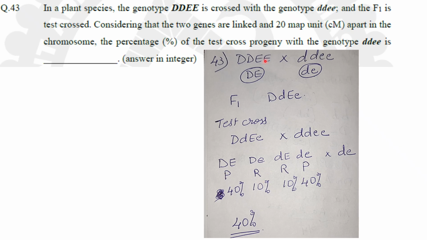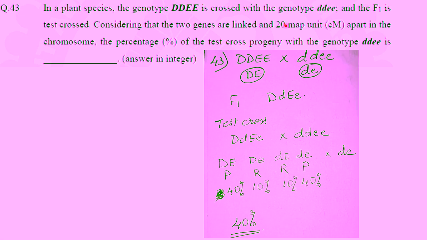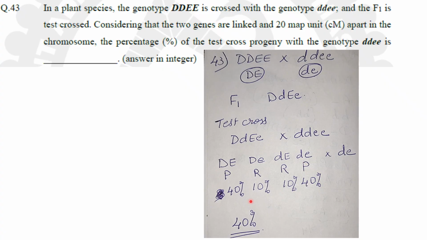So how many gametes will show recombination? 20%. So 2 gametes will be produced. Okay, so each will be 10%. 20 divided by 2, 10%. So if 20% is recombinant, 80 will be parental. 2 parents are there, both will produce 40%, 40%. 80 divided by 2. So they have asked the percentage of the test cross progeny with the genotype DDEE will